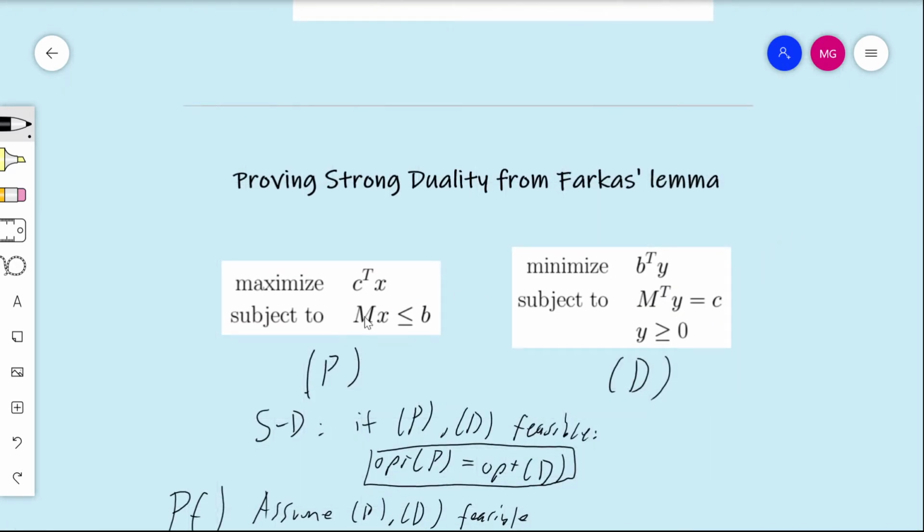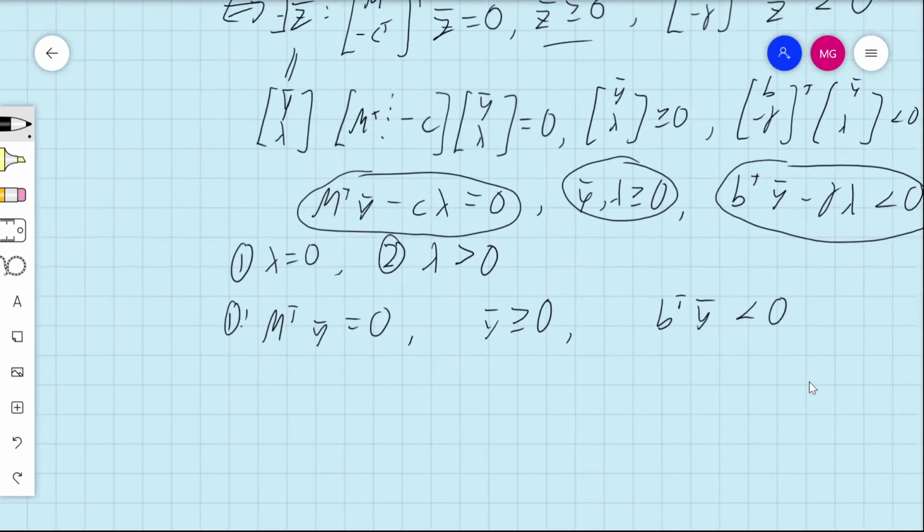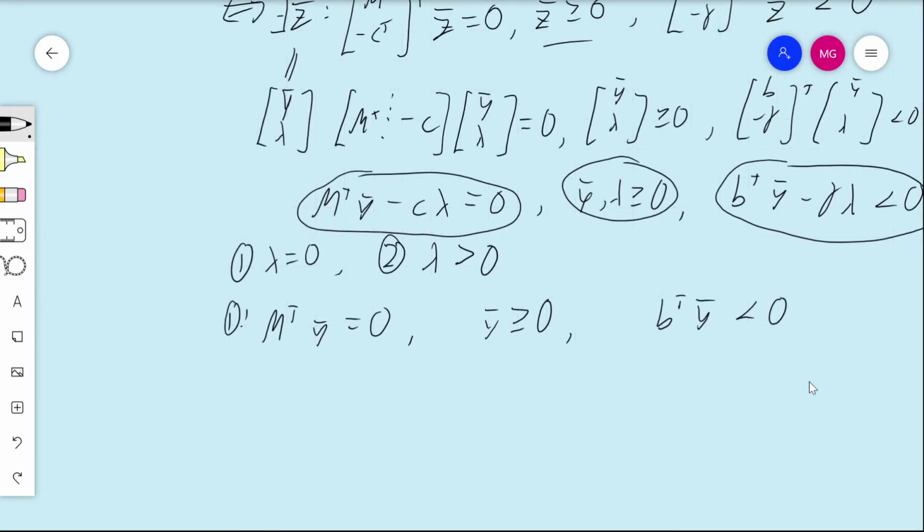But you can see here that's ridiculous, because that's Mx less than or equal to b, exactly the constraints of the primal, and we started off by assuming that the primal and dual are both feasible. So of course Mx less than or equal to b has a feasible solution. So we get a contradiction. So let's just scroll back down. So when we combine these three things together, we get, implied by Farkas lemma,